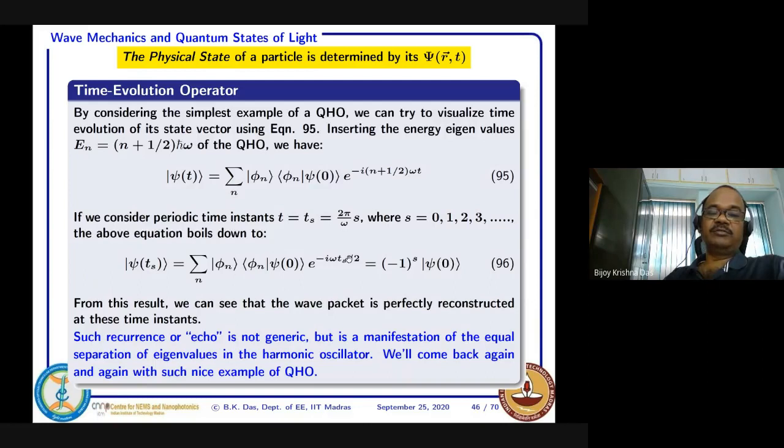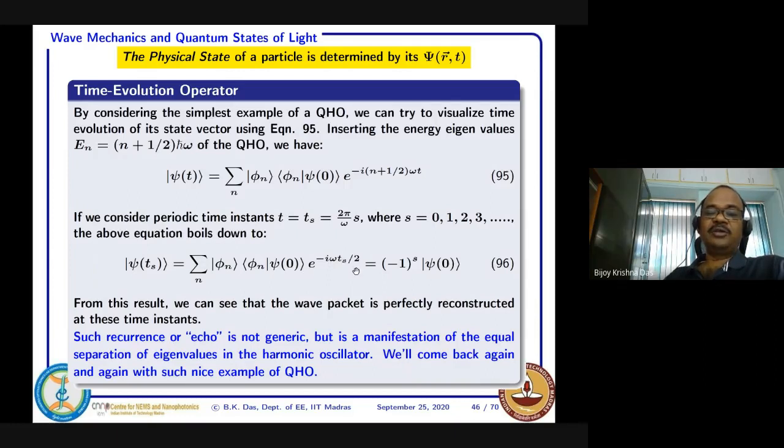So you get this value, right? Now, again, you just look back. This Ts is left over with half frequency here, that is zero point energy, corresponding to zero point energy is there. Now you just put down this Ts value, 2 pi by omega times s. So what do you get? The 2 pi by omega will be cancelled. So it will be e to the power i pi, e to the power minus i pi, right? And of course, s is there, e to the power minus i s pi.